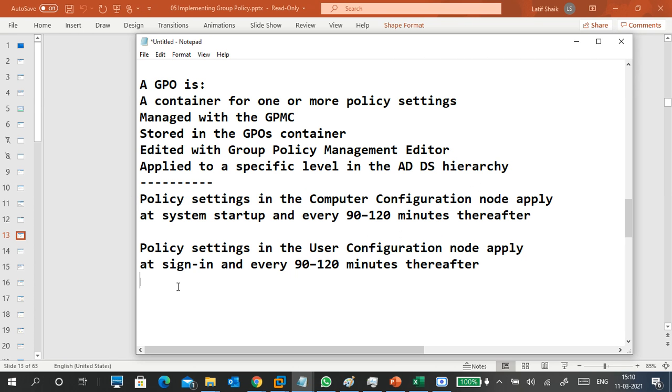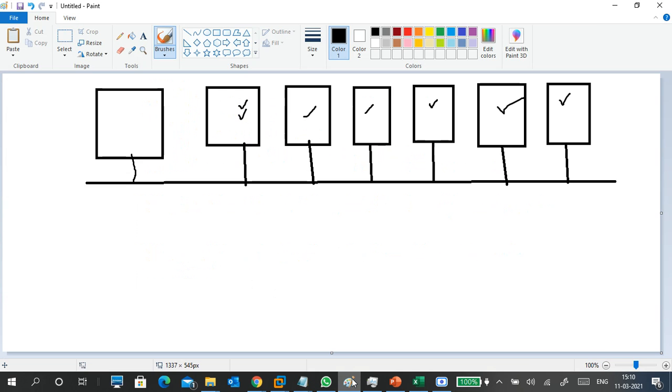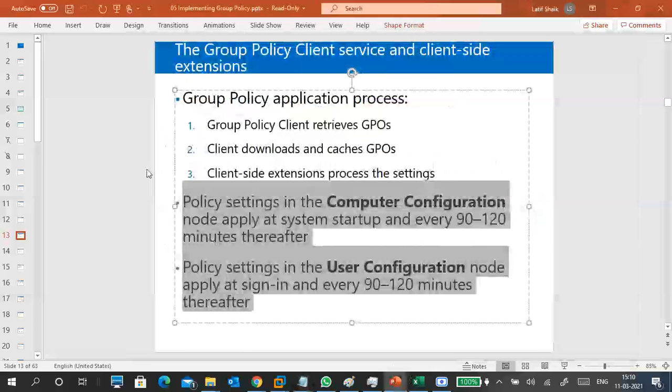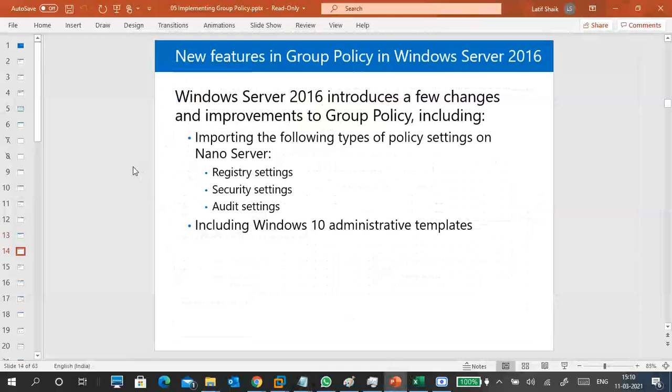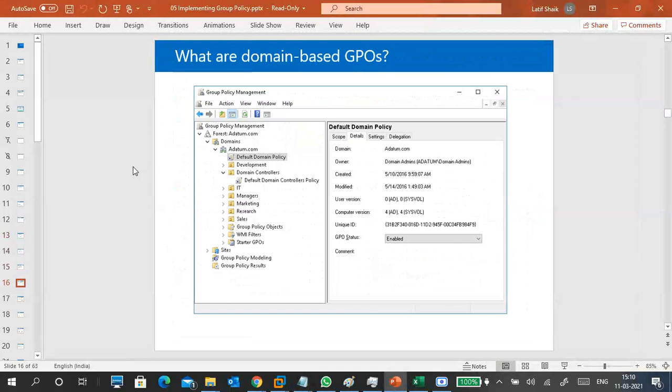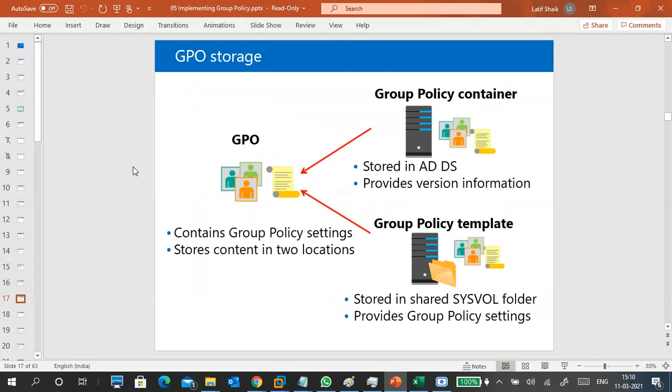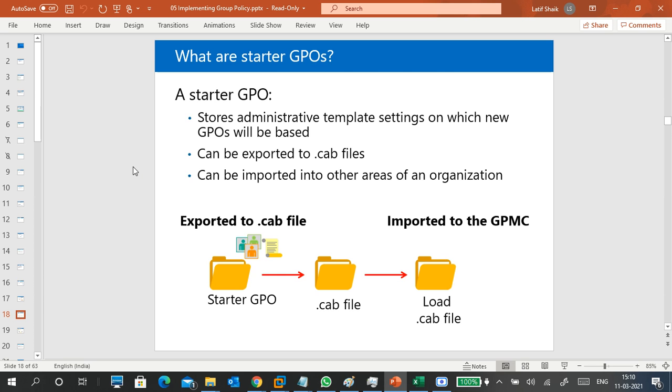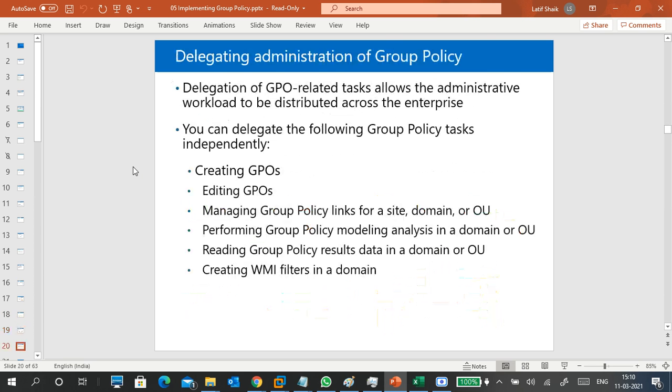I will show you the things, then you will understand. Just as a note, when I explain, you can easily read it from here. This is the Group Policy Management Console. This is the container where it is stored. Starter GPO, backup GPO. Yeah, here it is.